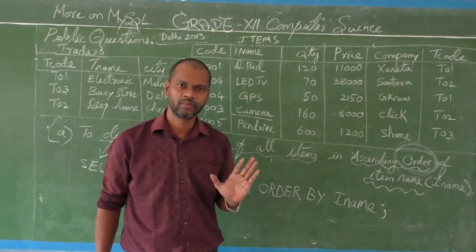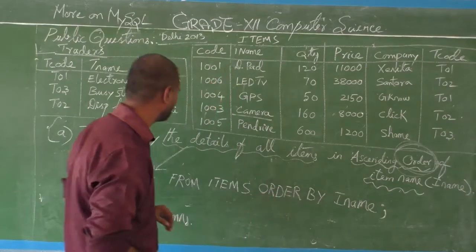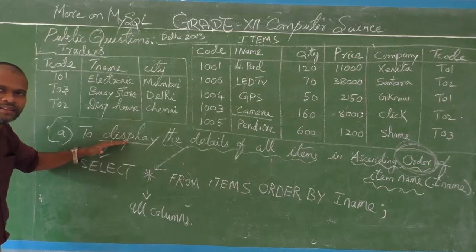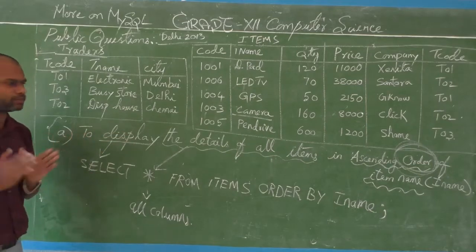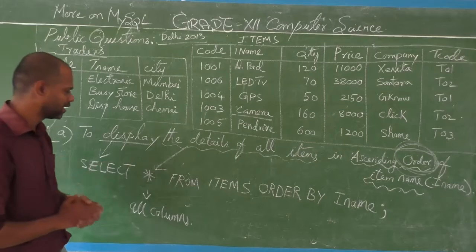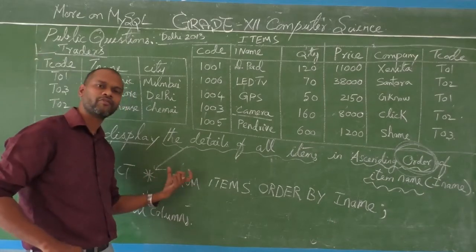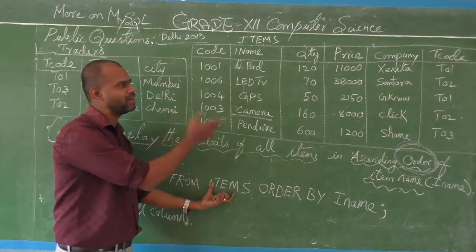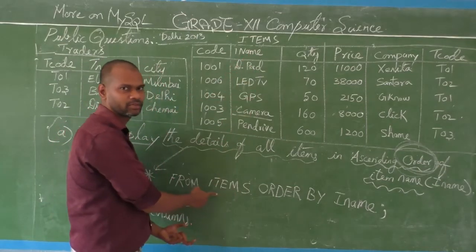That's all. So you see, my dear students, how to make an SQL query? Whenever you see display, simply write select. All columns, simply write star. After the column name, you have to write from table name. What table? You guess and think. This table or that table? Yes, item table, write items.